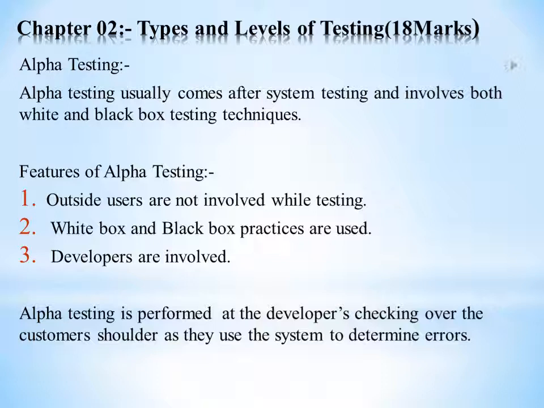Some features of the alpha testing: first, outside users are not involved while the testing. Second, white box and black box practices are used. Third, developers are involved. The alpha testing is performed at the developer sites with the developer checking over the customer's shoulders as they use the system to determine errors. Alpha testing is considered as a form of internal acceptance testing in which the user tests the software at the developer site. In other words,